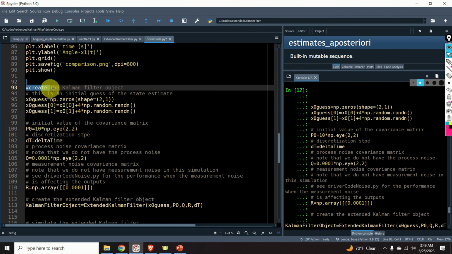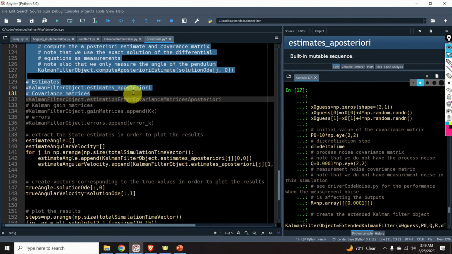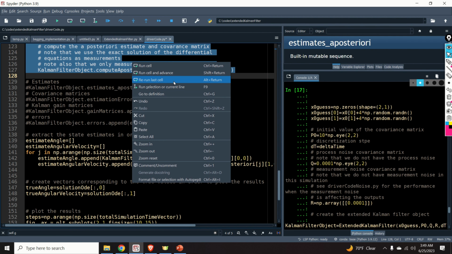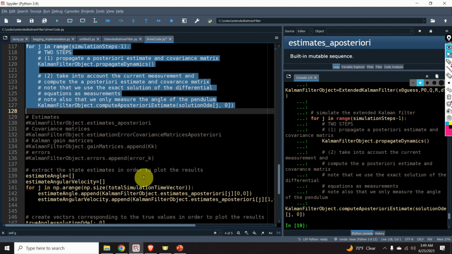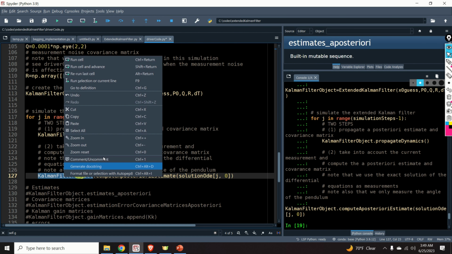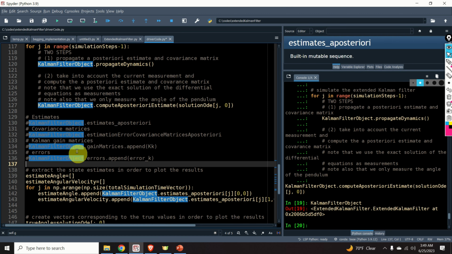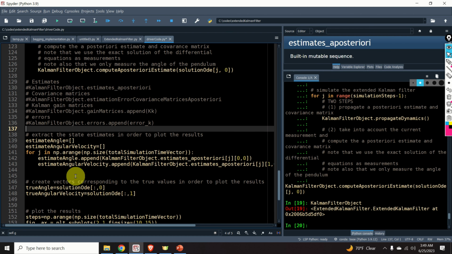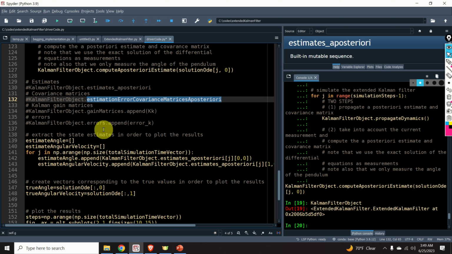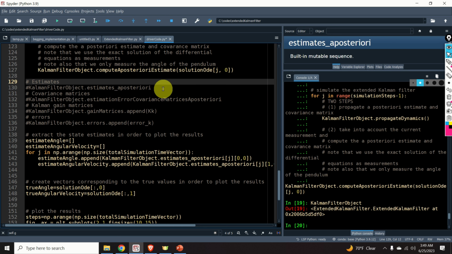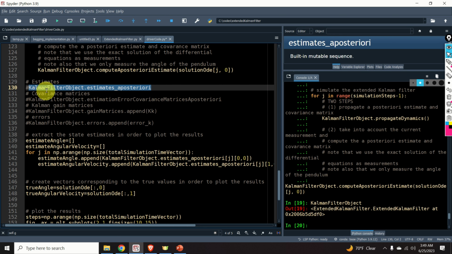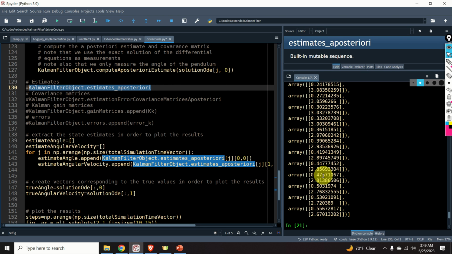Let's run our Kalman filter. I will select this part and I will evaluate this part over here. And in a fraction of a second we obtain the result. The next step is to extract the estimates. I do that by simply going over this for loop. I extract this variable given over here, estimates a posteriori, and you can simply select this part to see these